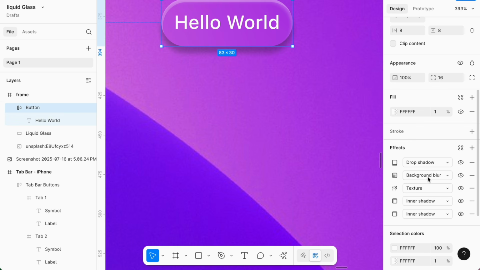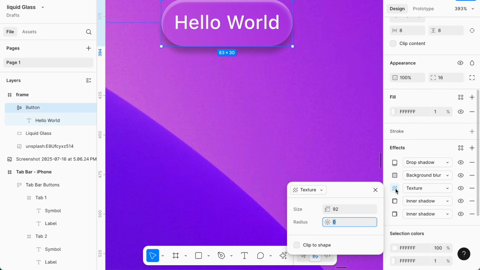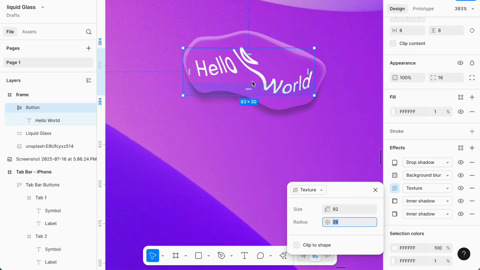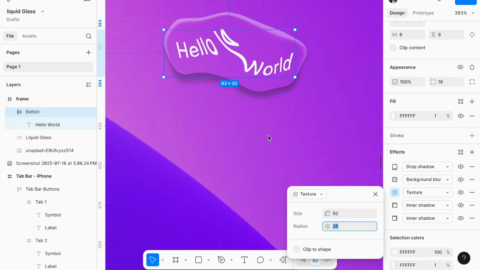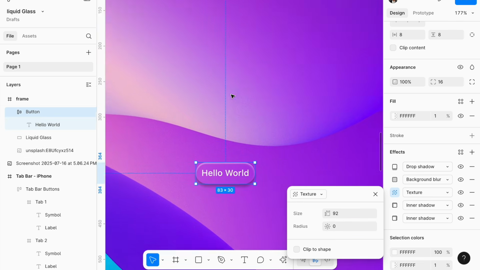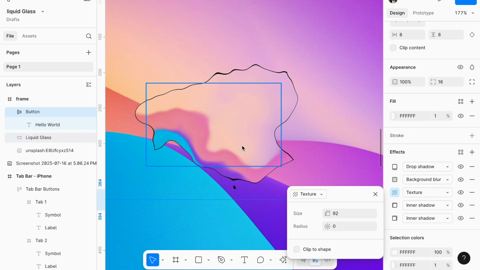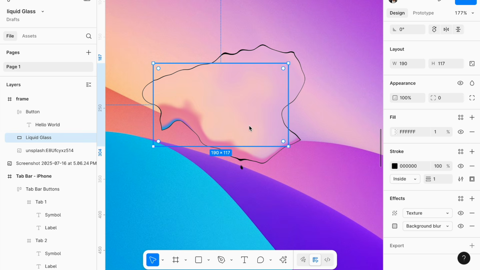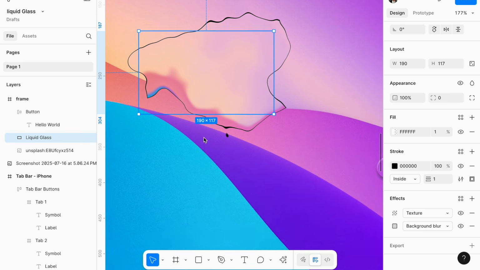I've added a texture, a background blur. Right now, the texture is 0. If I were to add a radius to this texture, do you see how it's messing with the button and the text itself? That is not our desired effect. What we want is only for the background to change and not the content of the button. And that's why, in order to apply this to a regular button or any component, you want this particular background to be separate, to be its own quality,